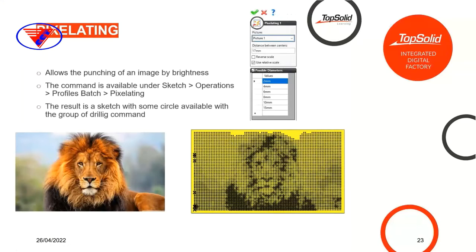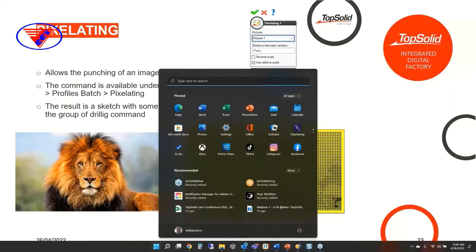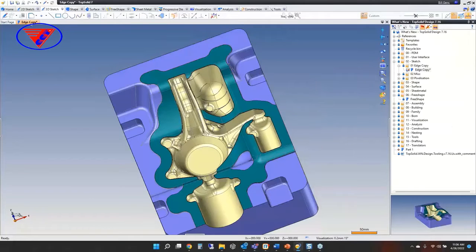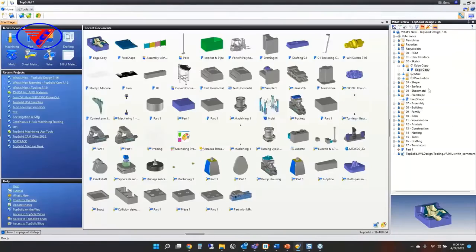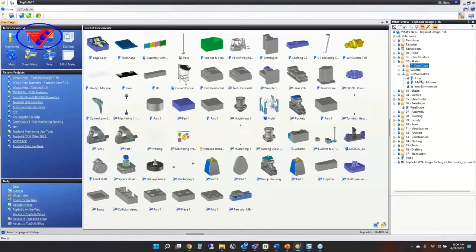Next, there's a brand new command called pixelating, which is kind of interesting. It was a request made to us to make a way to turn a photo into a pixelated object so that we can manufacture it and have it still look like the photo. Let me show you what I mean. Let's go back, TopSolid, close out of this one, and let's go down to our pixelation,